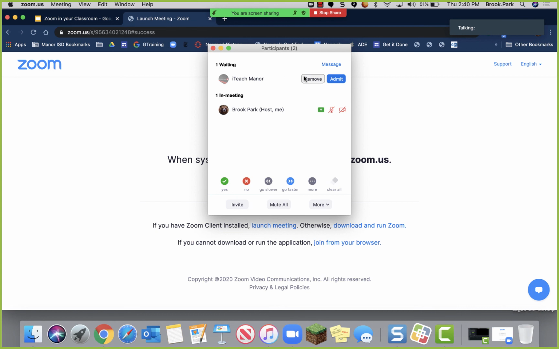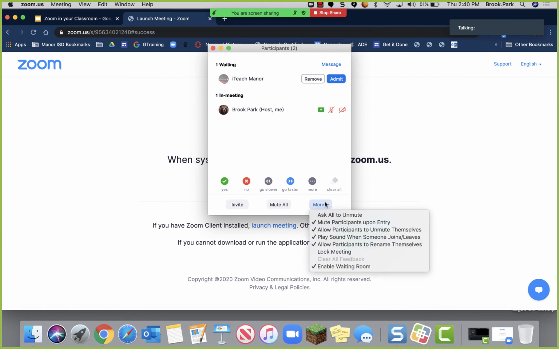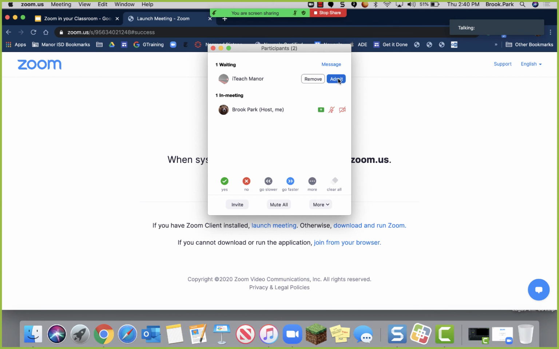I also want you to note that I can add them also, but I can also click more here. And if I didn't want to have the waiting room, I could go ahead and turn it off. I could lock the meeting so I couldn't let anybody else in. And all these other choices right here, I'm not going to read those to you. So I'm going to go ahead and click admit and let in